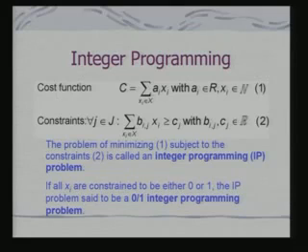So, let us look at one such problem, which is integer programming. I think many of you, and all of you, are familiar with this integer programming as an optimization scheme. So, what we are trying to optimize? We are trying to optimize this cost function C subject to these constraints. In fact, we are looking at a minimization problem, and this is called an integer programming problem because the constraint is that these are all integer valued, and if xi is constrained to be either 0 or 1, the integer programming problem is called a 0-1 integer programming problem.